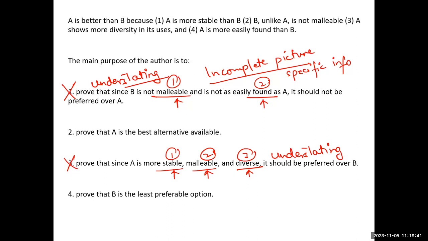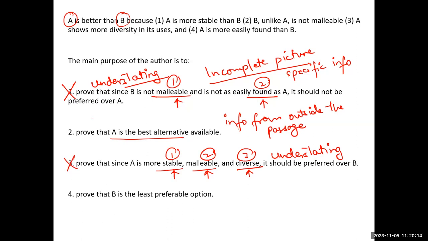Now, the problem is that if you want to say that A is the best alternative available, you will need information from outside the passage. Why? Why will you need information from outside the passage? Because this passage only tells you about two of the alternatives, A and B, and makes a comparison between A and B. If you want to say that A is the best alternative available,